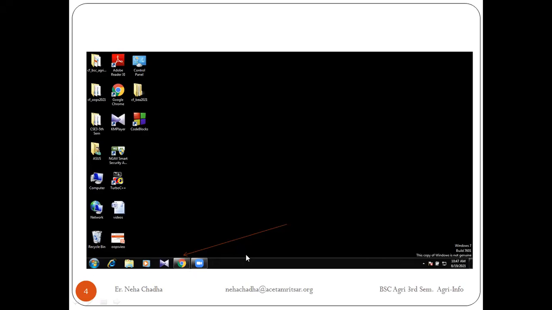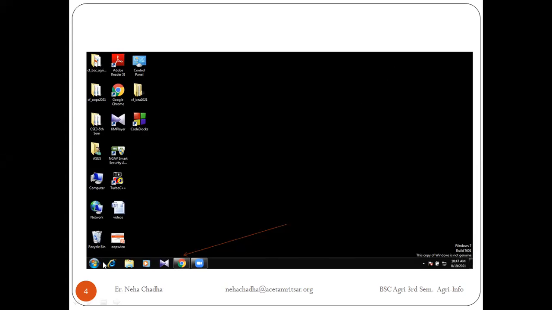This is an example of the taskbar. Here I have marked one arrow. The lowest thing that is present at the bottom of the desktop is called the taskbar, which contains task buttons and the start button. This is the snapshot that I have taken from my desktop. This is the taskbar of my desktop. You may have a different type of taskbar because it will depend upon your usage, which quick launch services or quick launch tools you have given there.